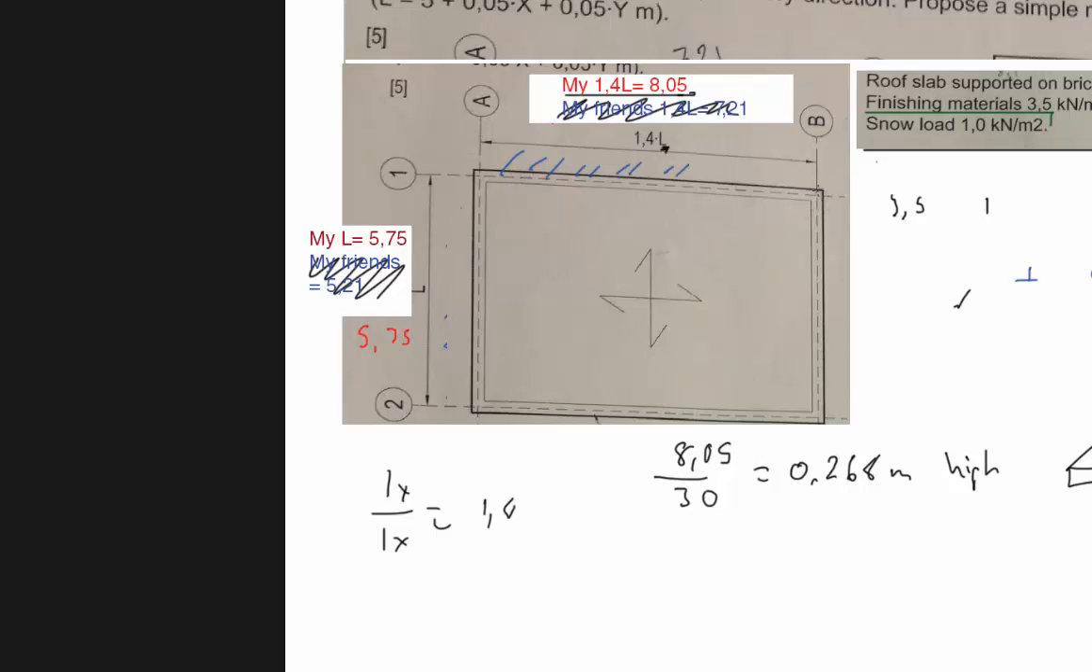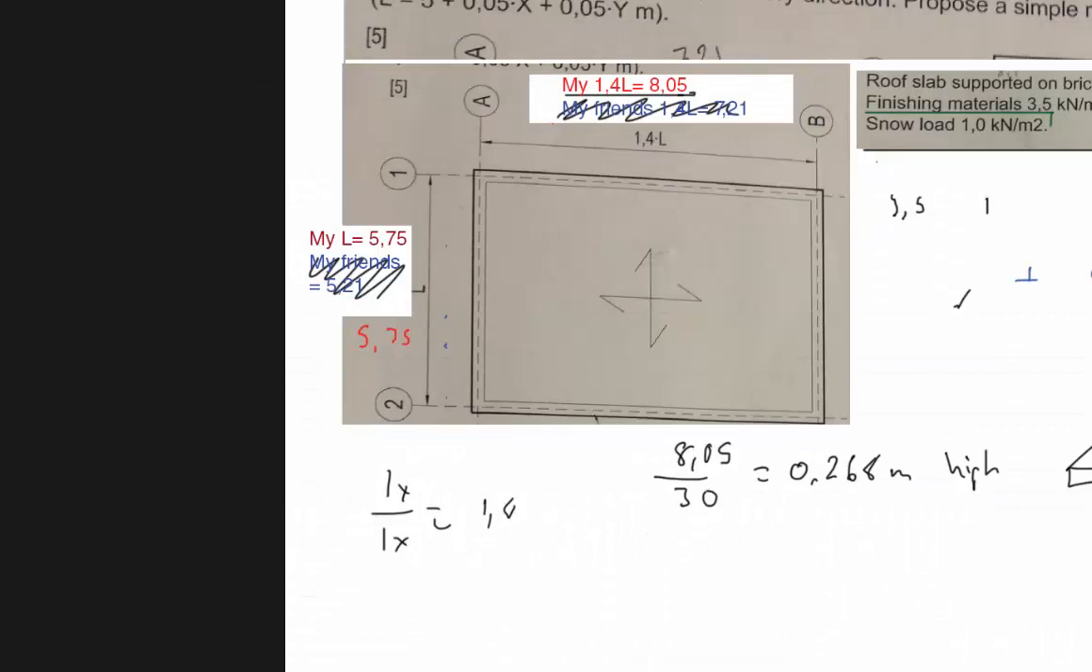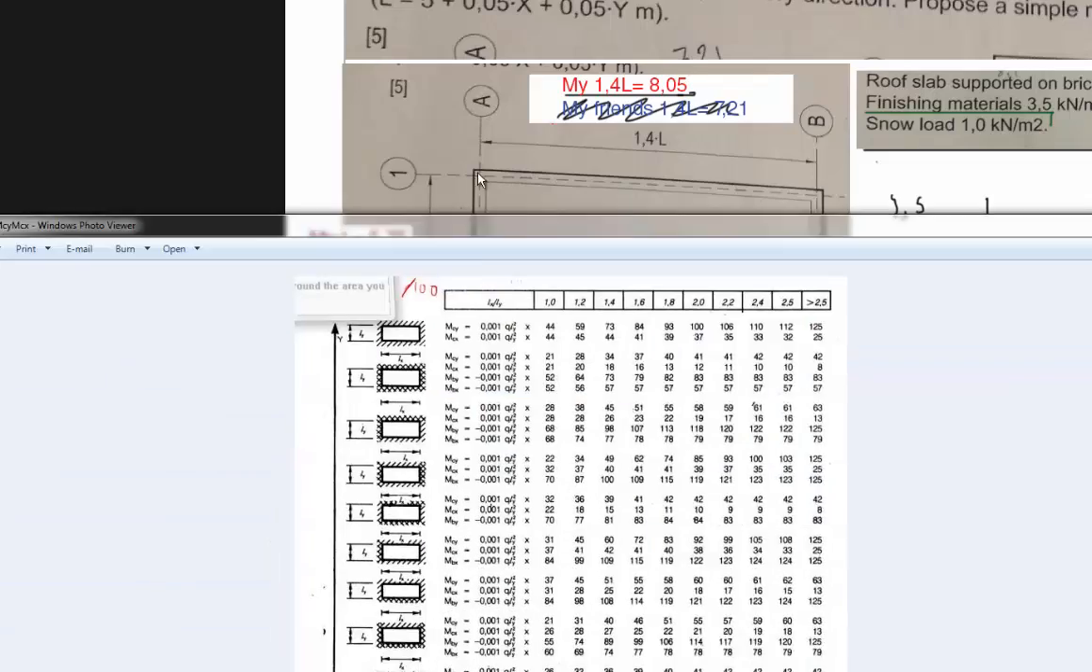And given where the placement is, you will get different values. In this case, there are no fixed supports anyway, so they count all as simple supports, and so we have this table here. And also here, remember the ratio we talked about before. So the ratio between Ly and Lx would be